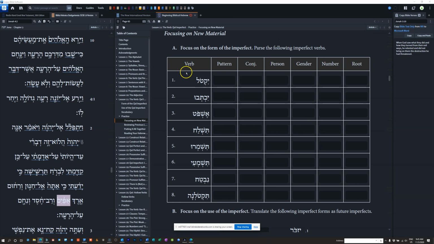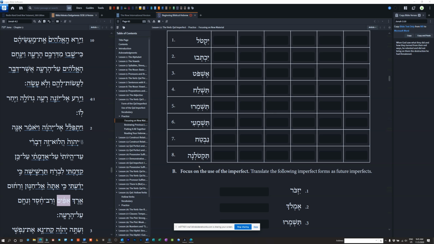We've seen this a little bit up here with tishlach. This doesn't have multiple roots possible, but it does have multiple parsings possible, because this could be either 3fs or 2ms. So you always have to keep an open mind to what your possibilities are, rather than just automatically going with the first one. So batach does work